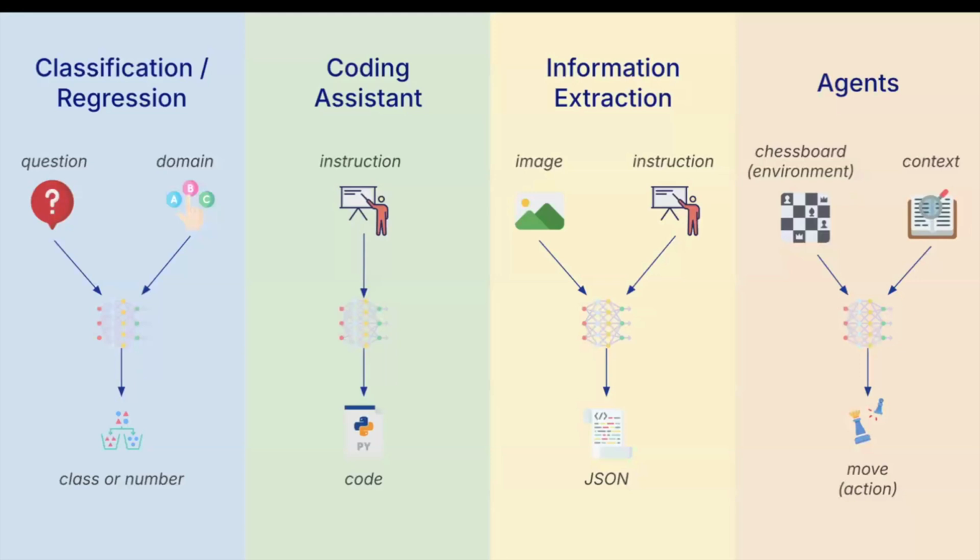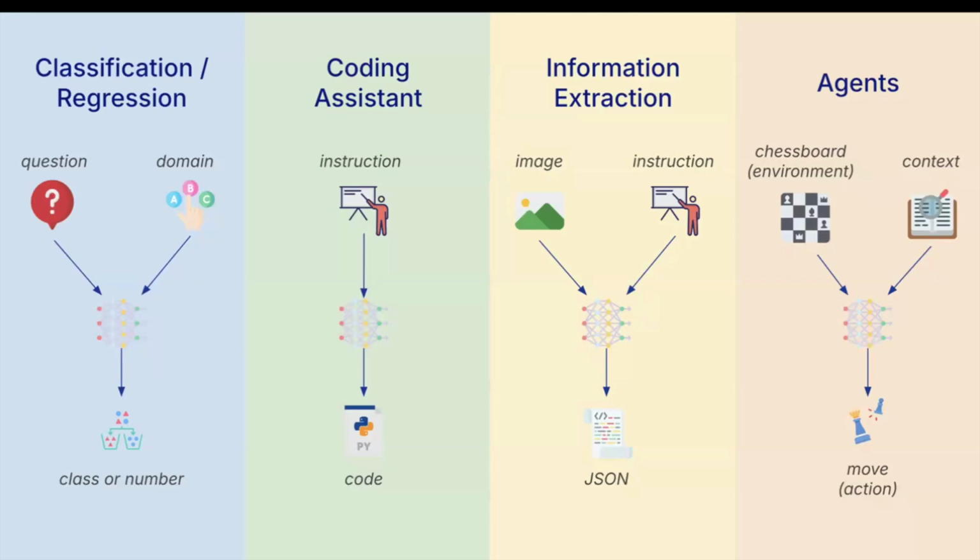So here are, I think, the main applications of structured outputs. We've got classification, regression, and a coding assistant. Another example: you want to take an instruction like "write me a quick sort algorithm" and do that in, I don't know, COBOL. You want the output to be well-formatted source code. You don't want to have to post-process it afterwards and try to fix some errors. You want it to be robust and to produce that specific format.